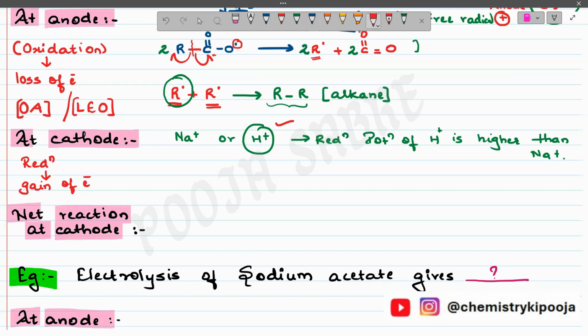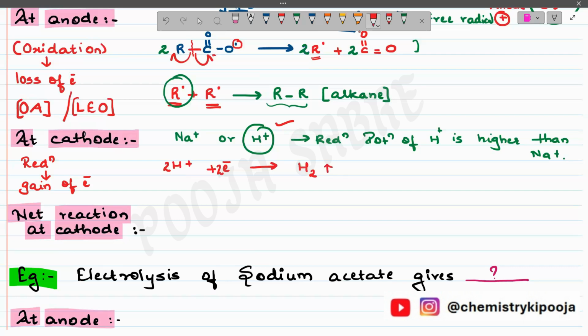Now quickly, we are going to write down the reaction. At the cathode, I'm going to write down H plus. H plus, when it gains the electron, is going to form H. Now single hydrogen is not stable, so it should be present in diatomic form. So when I put 2 here, I need to put 2 here and 2 here. So simply, we are balancing the reaction.